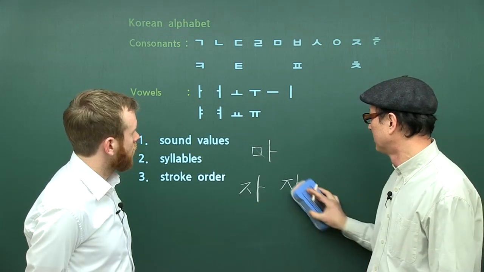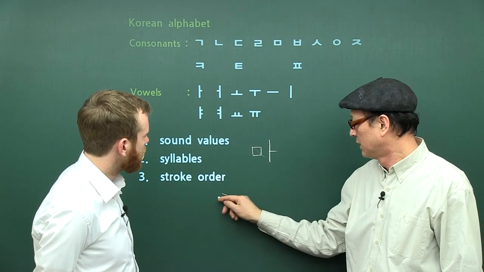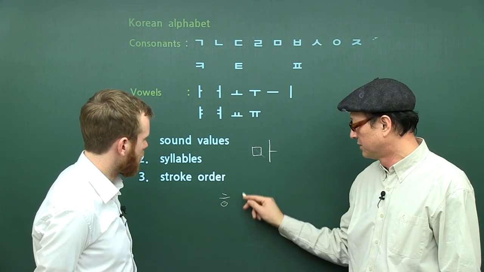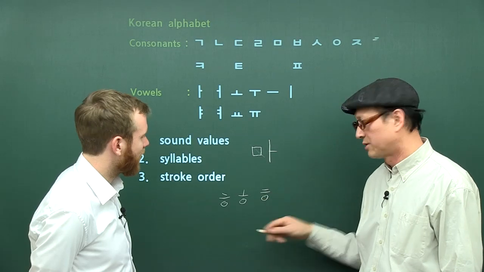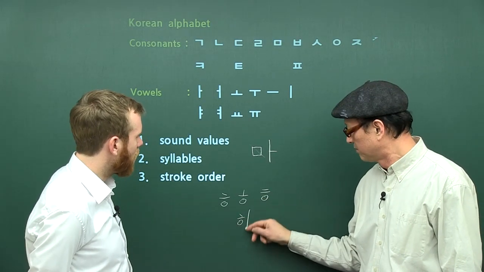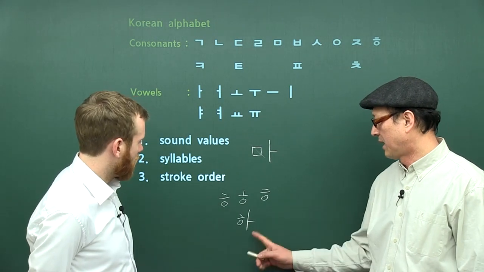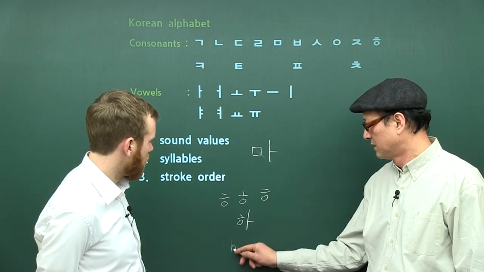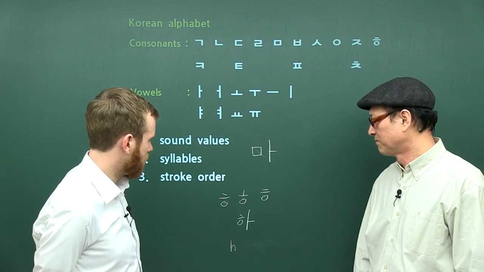다음 이것도 이렇게 써도 돼요. 이렇게 해도 돼요. 그다음에 이렇게 해도 돼요. It's all same. So again, many ways to write these characters or these letters. 하. Ha. This would be the equivalent of the H in English. 그래서